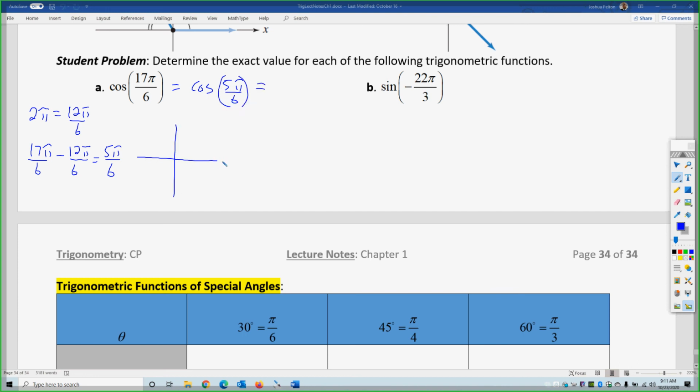That just means if I have a quadrant here, let's get a different color. I went around once, right, 12 pi over 6, and then I went around a little bit more. Let's go back to blue. Then I went around another 5 pi over 6, which is right there. So I went around 12 pi over 6, which is 2 pi, and then 5 pi over 6, which means